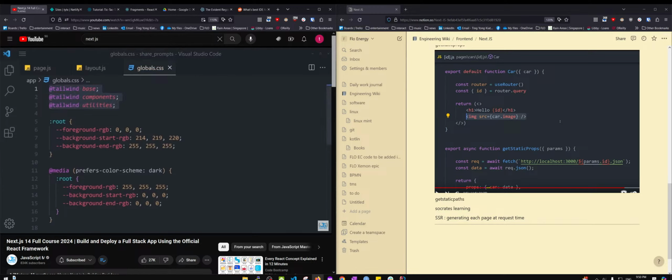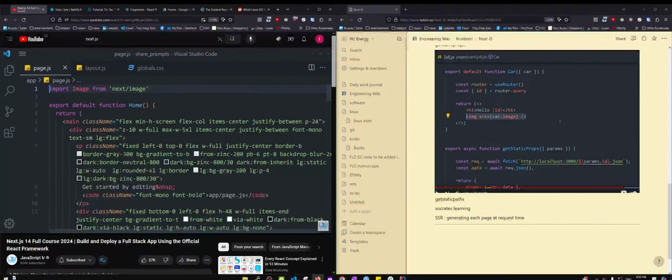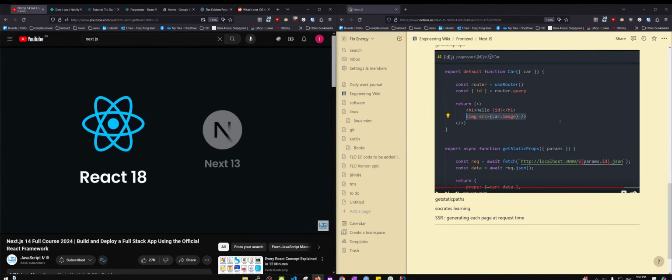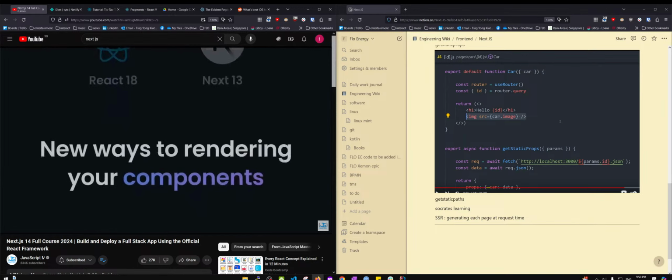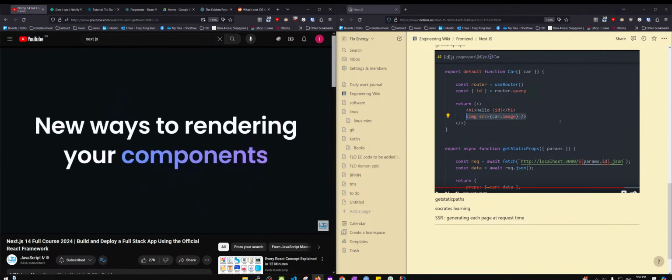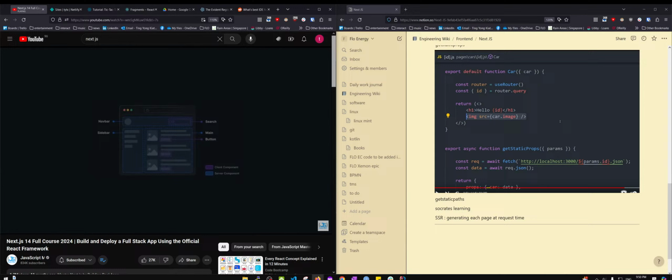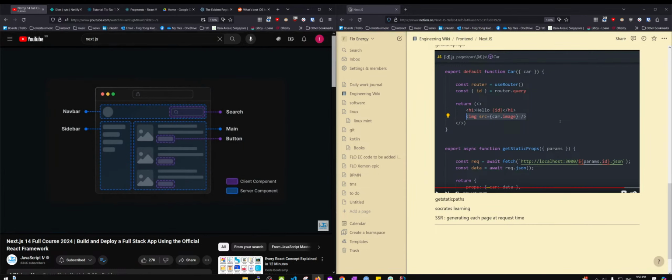Now, this page that you can see right here, even though it looks like a normal React functional component, it is being rendered as something known as a server-side component. React 18 and Next 13 introduced new ways to rendering your components. There are two environments where your application code can be rendered: the client and the server. By default,